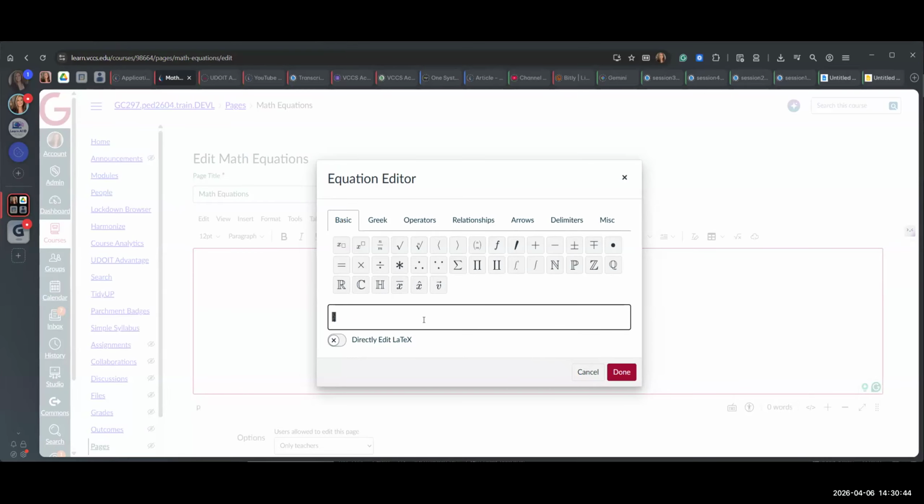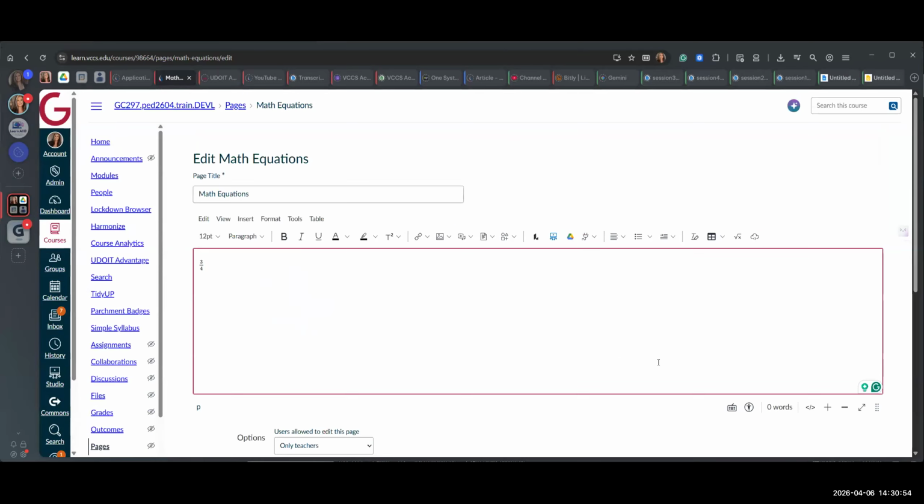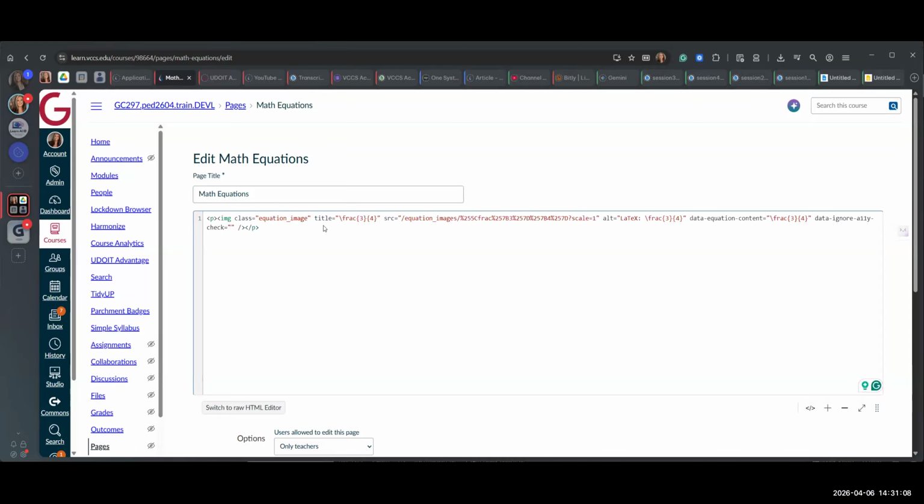Now that's really hard to see because it put it in a lovely dark black on black, right? So now if I go back, I can see that's a lot easier to see once I enter the fraction. So now if you want to see what it looks like, if I go to the HTML,